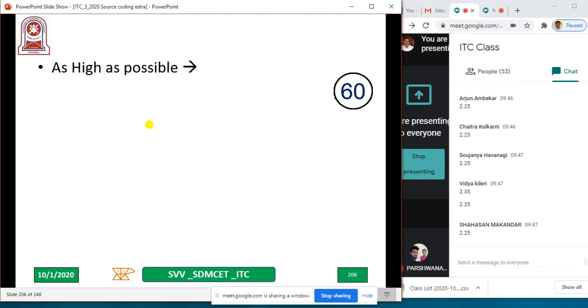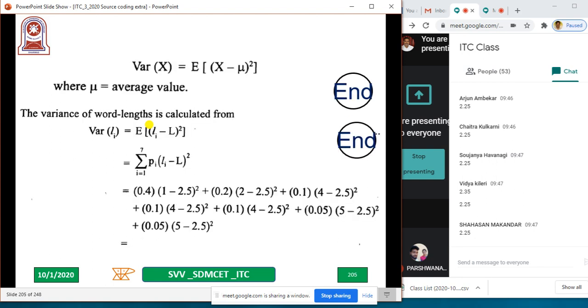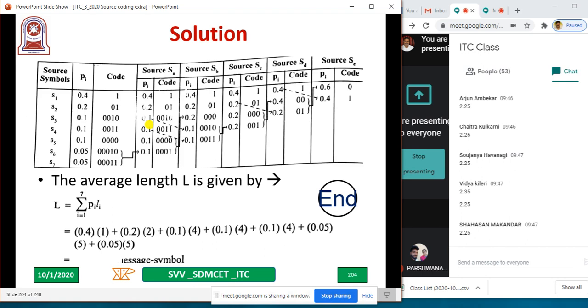Now you have to do as high as possible. For example, as low as possible, let me show you the previous slide so that you can understand as high as possible. See, in this, observe carefully, when the answer was 0.2, we kept it as low as possible. As high as possible means this 0.2 I had to write above, and the other 0.2 I had to write below. When I add this 0.2, instead of keeping it here, I have to keep it as high as possible. These two 0.2 will come down, instead of keeping below, as high as possible when they are equal.